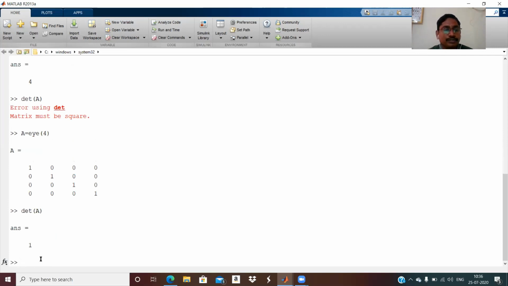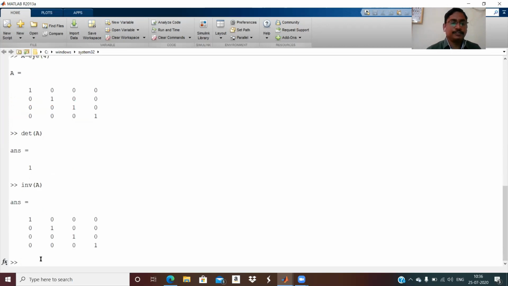Input a matrix A, then find the determinant, and use an if else loop. If the determinant equals 0, display matrix is singular, else matrix is invertible, and one needs to find the inverse of A. Its command will be inv(A). So this is the identity matrix, and the inverse will be the same thing.